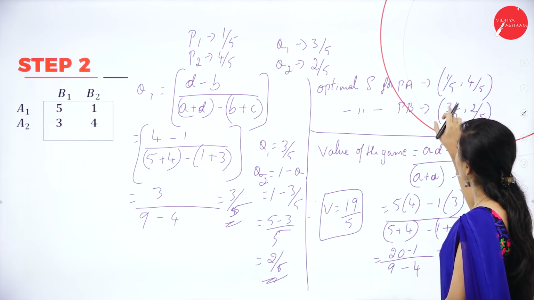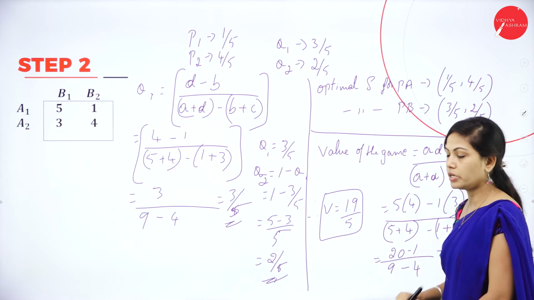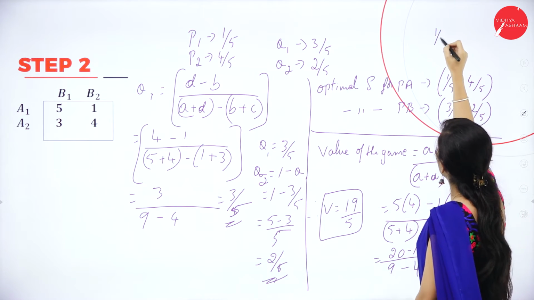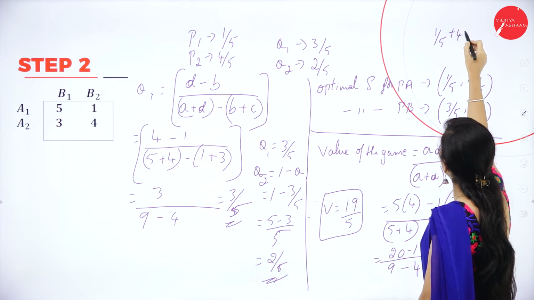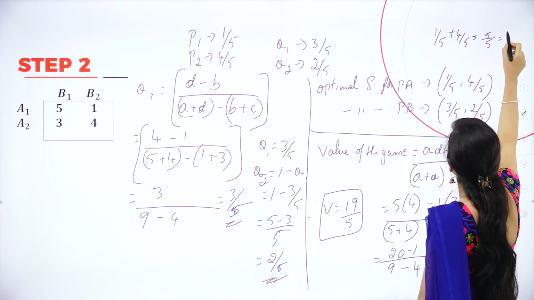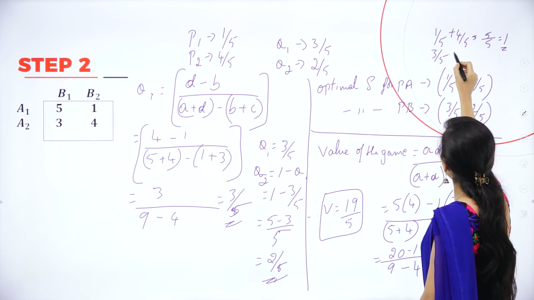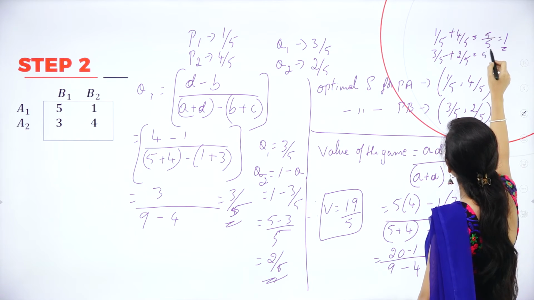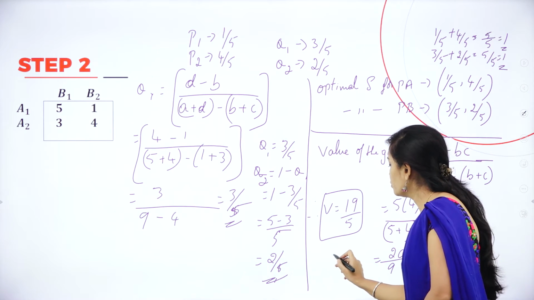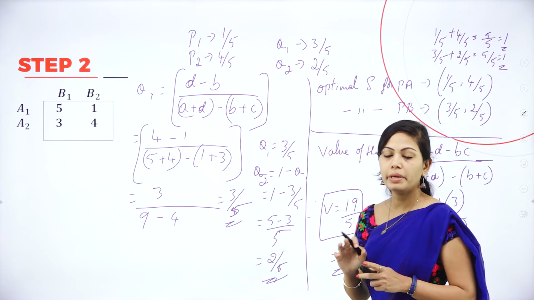So here you can cross verify that the sum of the probabilities is equal to 1, that I have discussed in my previous session, right? So now you can cross verify that P1 is 1 by 5 plus 4 by 5, right? So add this, take a LCM, 5 by 5, it is equal to 1. Sum of the probability is equal to 1. So now 3 by 5 plus 2 by 5, that is 5 by 5 is equal to 1. Therefore, sum of the probability is equal to 1. That you have to write. So this is your problem based on mixed strategy.